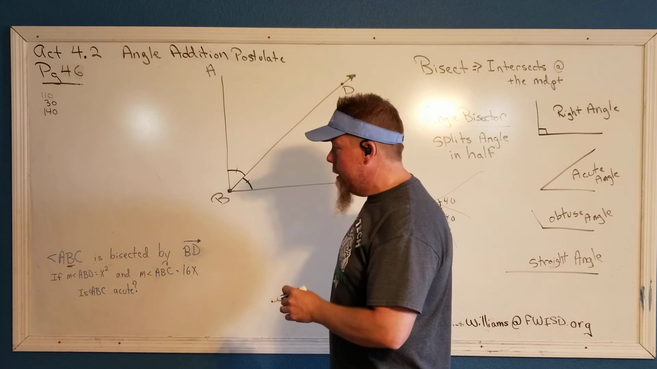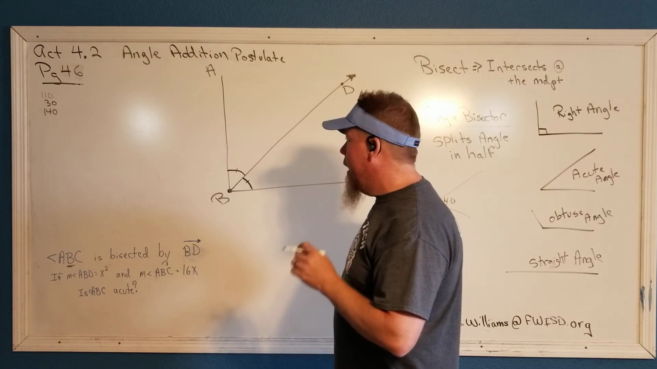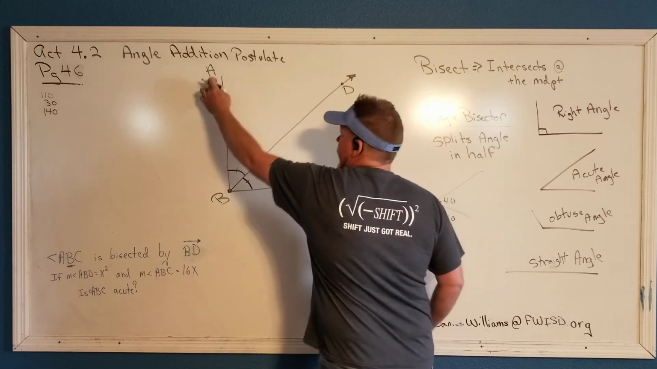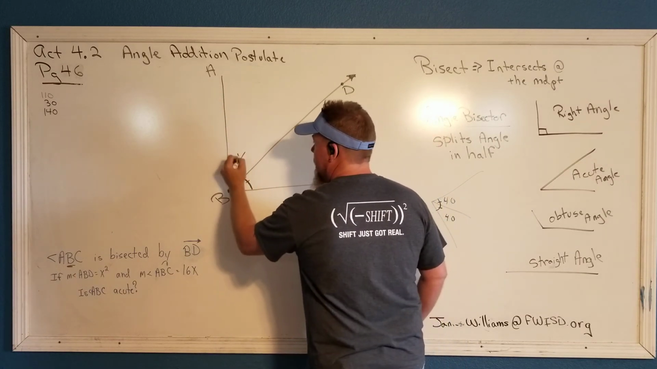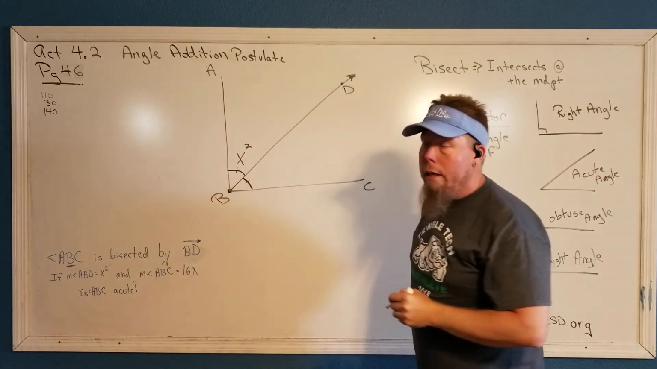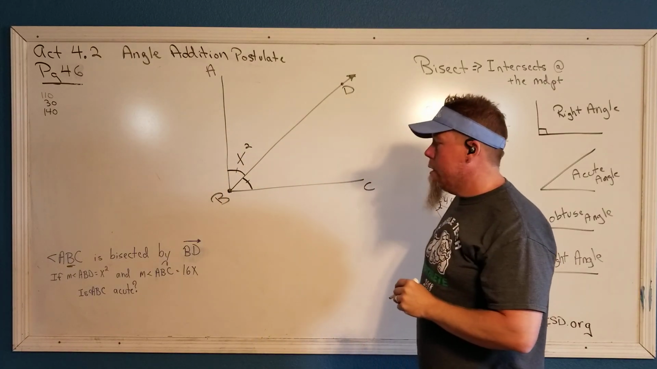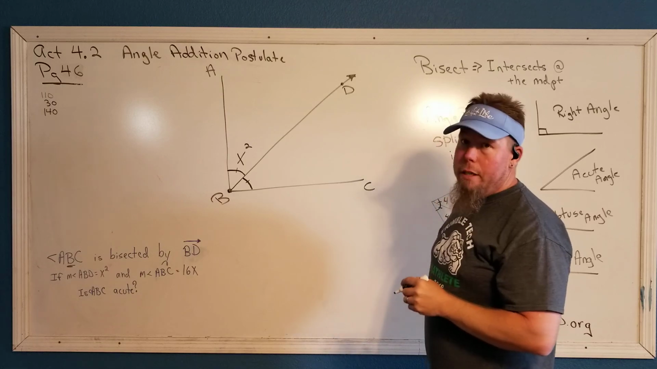When I get to the second sentence, it says, if the measure of angle ABD, that's A to B to D, so we're up here, in this section right here, is equal to x squared, so I'm going to put an x squared here. All right? If the measurement of ABD is equal to x squared, and the measure of ABC, now hold up,